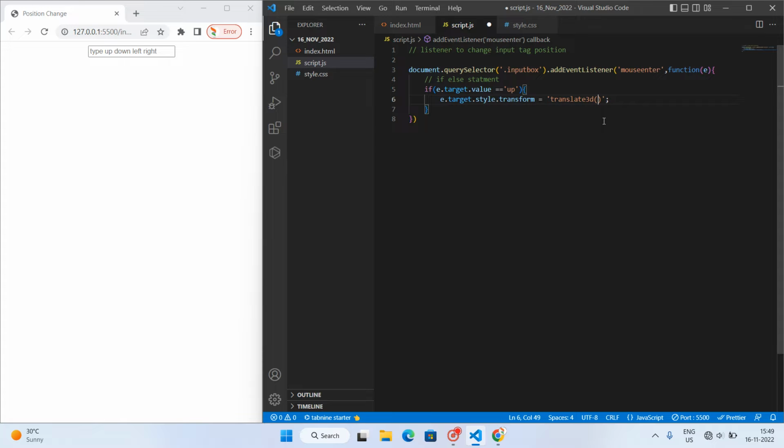For the up, we will take the x coordinate as 0 and y coordinate plus 100 pixel and then z coordinate 0. So basically what it will do, when we type up in this input box, the position of this input box will move upward. Now the next would be,